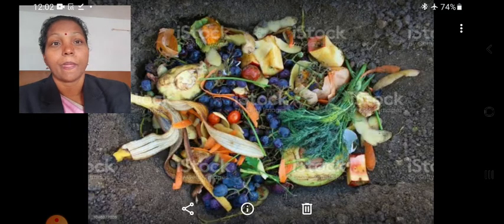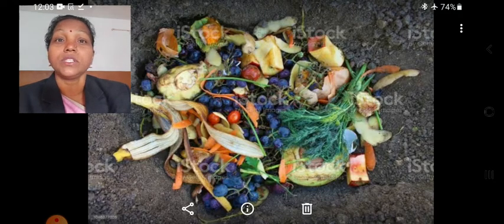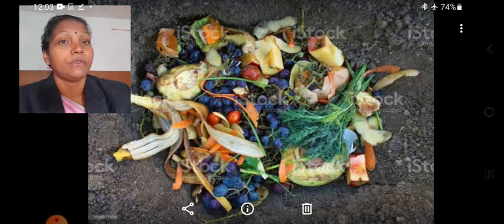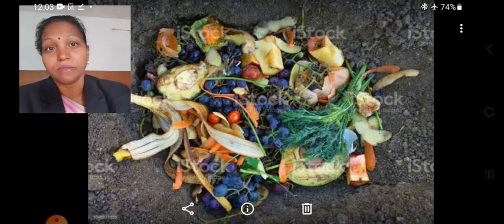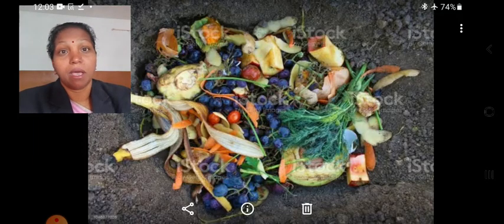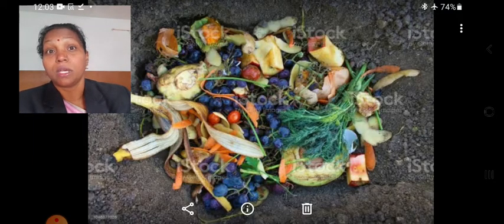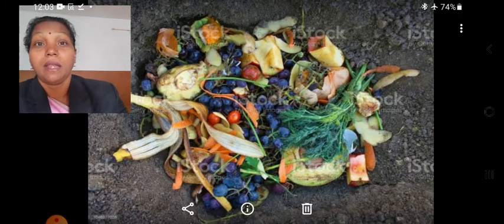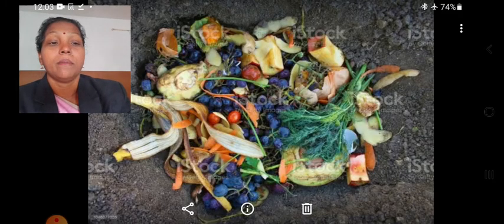Now students, what does domestic waste actually mean? The waste generated from our homes is known as domestic waste. In domestic waste, the peels of fruits and vegetables, paper, glass, leftover food, all these materials will be there. These are produced from our homes. When it is collected together in garbage trucks, it becomes a huge pile of garbage.